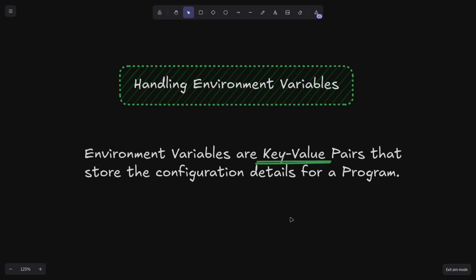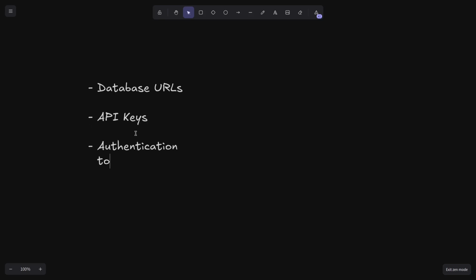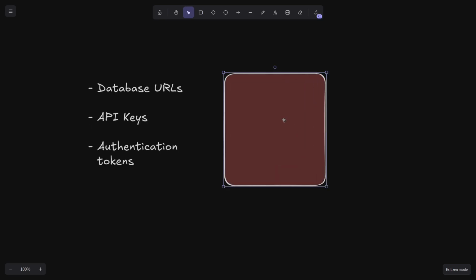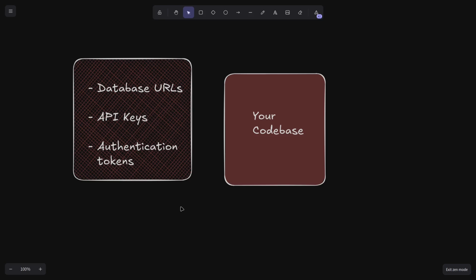Environment variables are key-value pairs that store the configuration details for a program. These can be database URLs, API keys, authentication tokens, and more. Instead of hard-coding this information in your program, it should be stored outside of your codebase to keep your program